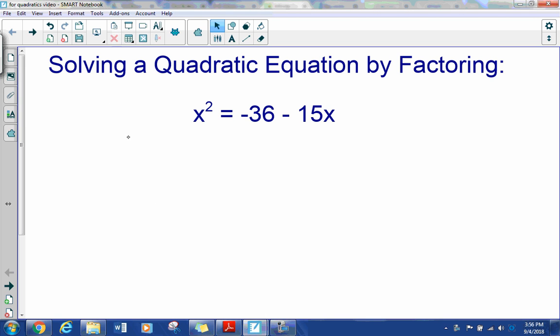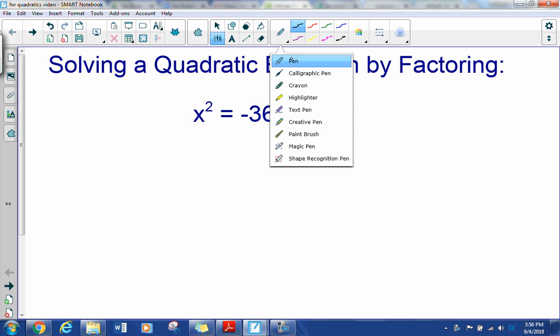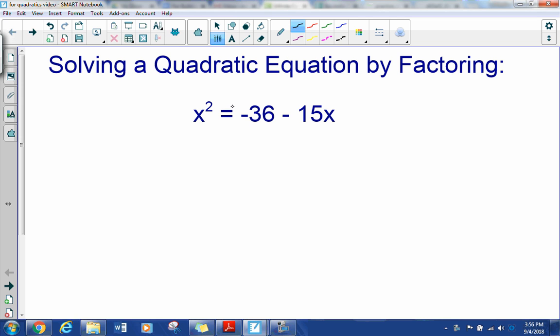This video should give you a quick overview of how to solve quadratic equations using three different methods. The first method is solving a quadratic equation by factoring it. And in order to solve a quadratic equation by factoring, you first need to move everything onto one side of